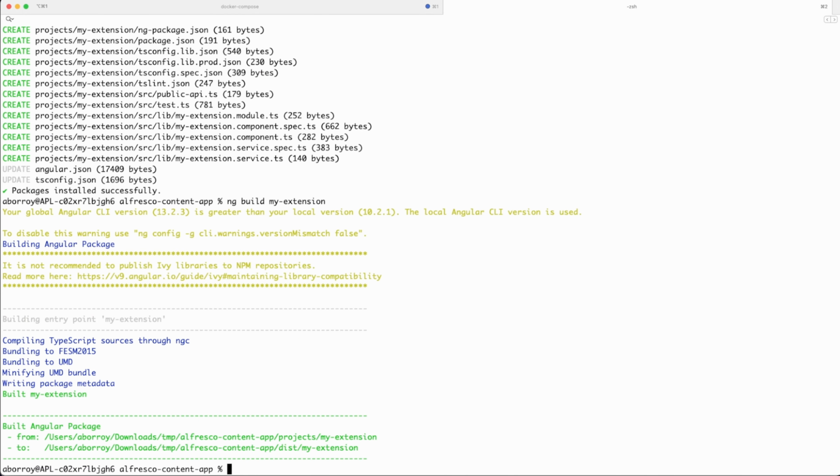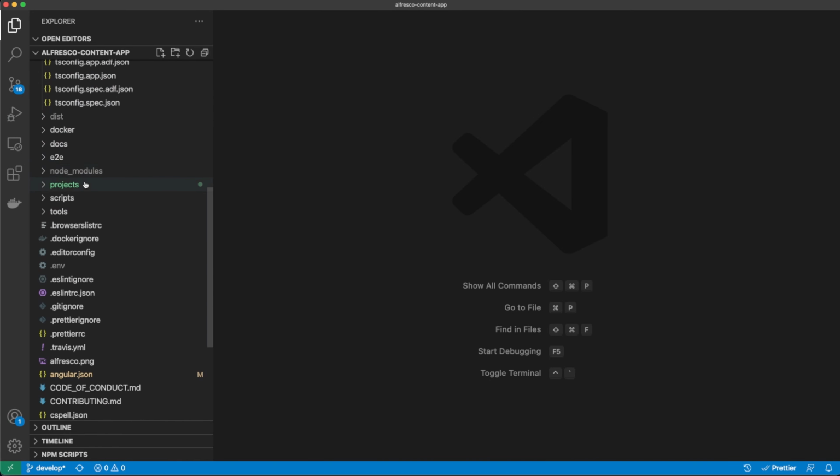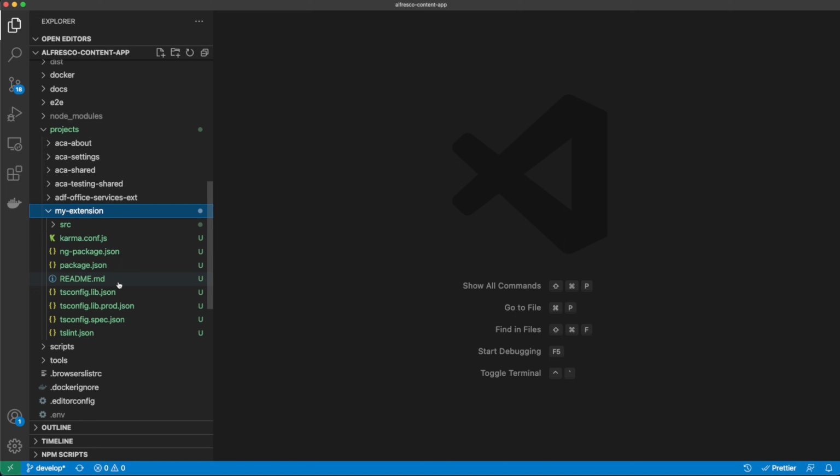And this is working fine, so we can start coding the extension. You can see that now we have a new folder, this green folder with changes. So we create this new my extension folder. You can see that there are also some other features of the ACA applications that are also created as modules. In this projects folder, you can find all the different modules of the ACA and also the new one we created, this my extension